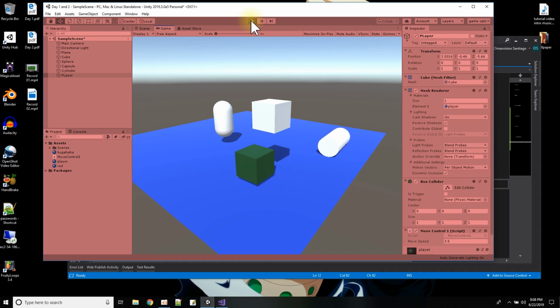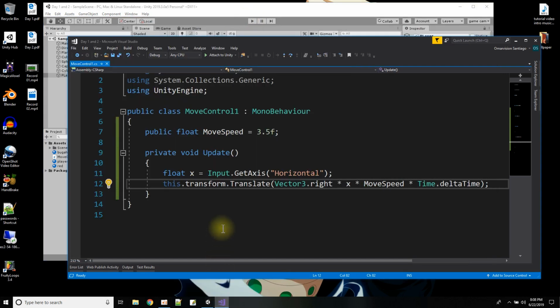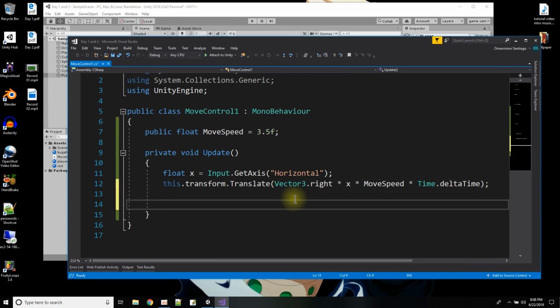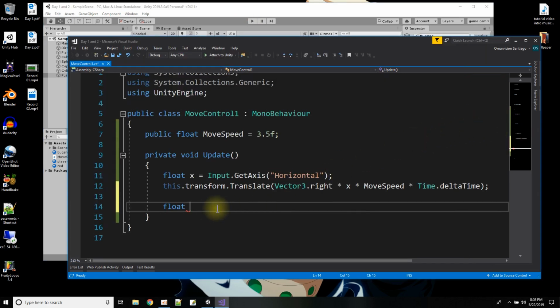Now I want to move forward and back, but I didn't add the code yet. So let me press stop. And then I'm going to go back to the script. So I'm going to go back to my Visual Studio. And I'm going to add another 2 lines here in the update function for moving forward and backwards. So forward and backwards on the z-axis. Okay, so I'm going to go here, float z equals